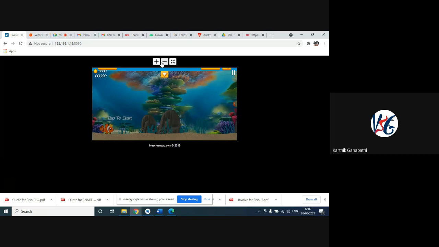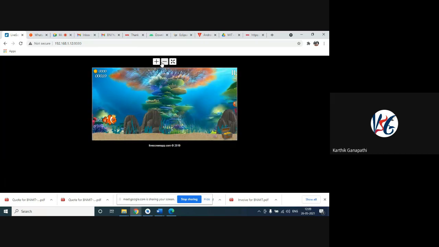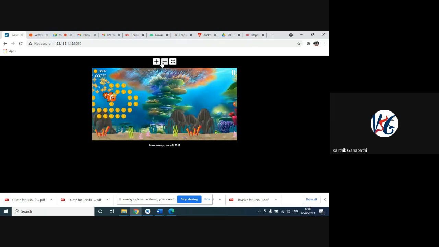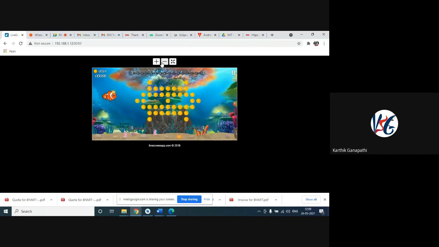Now you can see this character, right? This also was built using 3ds Max. This was built long back.